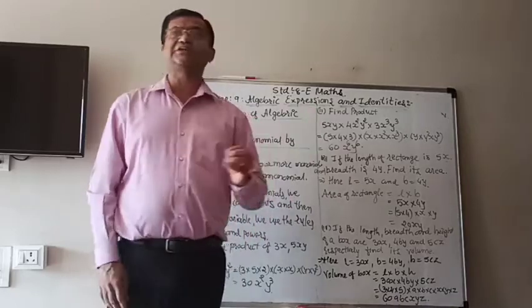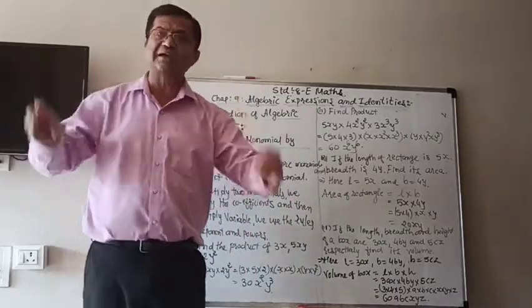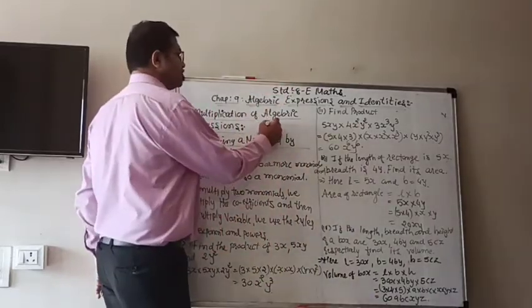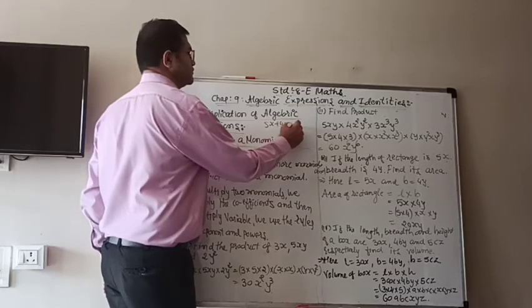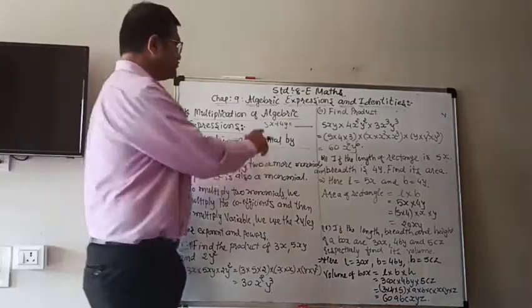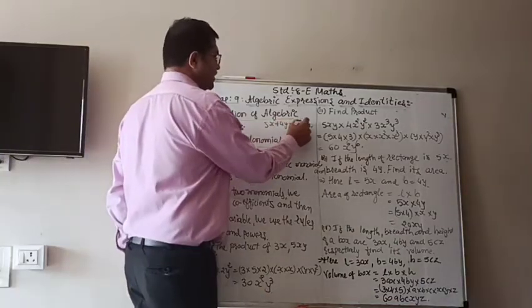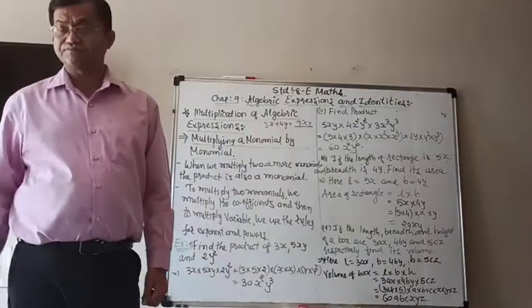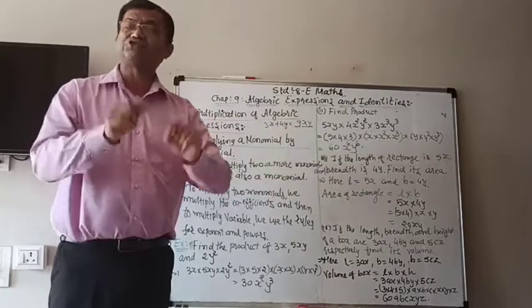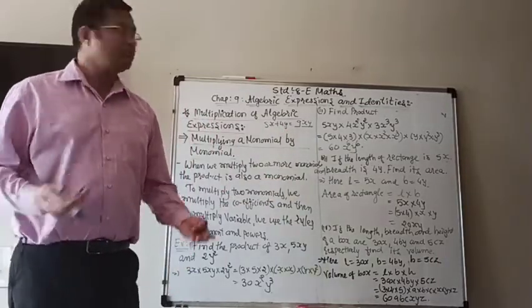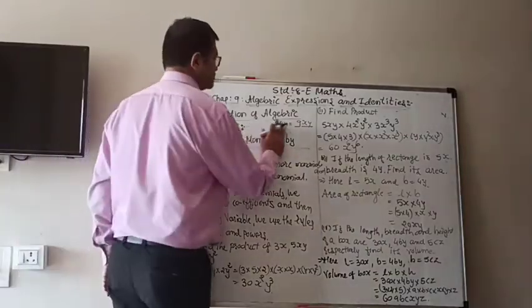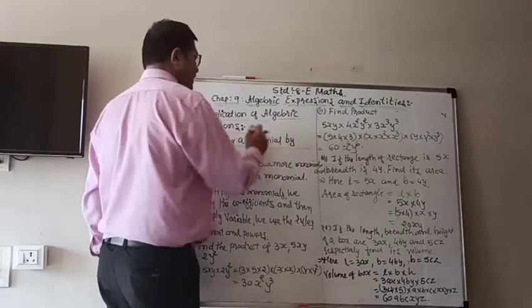Sometimes I saw that when it is said to add, like if I write 5x plus 4y, then what are people writing? 5 plus 4 is 9, x and y there, so they write 9xy. If I put it in an MCQ, with answer 9xy, they will choose 9xy. But here 5x and 4y are not like terms. You cannot add them. So be careful while adding or subtracting.